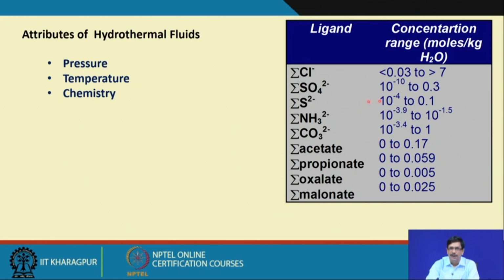We see that it actually represents a whole spectrum, where the concentration of chloride ion can go from 0.03 to greater than 7 moles per kg, sulphate 10 to the power minus 10 to 0.3, sulphide, NH3, carbonate, acetate, propionate, oxalate, malonate. This is of course not an exhaustive list of the chemical species that could be present in a hydrothermal fluid, but it is a very complex mixture of many dissolved solids, anions and cations, and this gives us an idea,